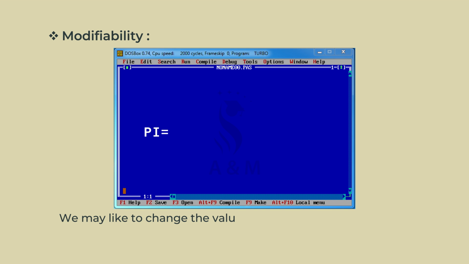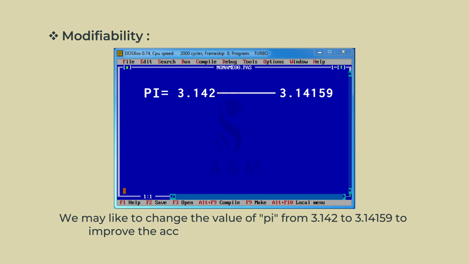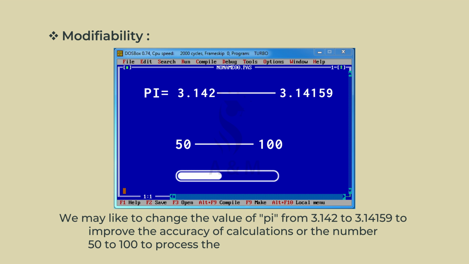First one, modifiability. We may like to change the value of pi from 3.142 to 3.14159 to improve the accuracy of calculation, or the number 50 to 100 to process the test result of another class.